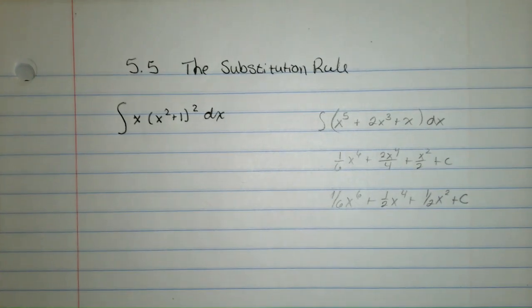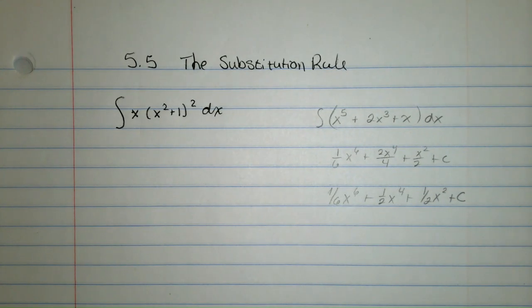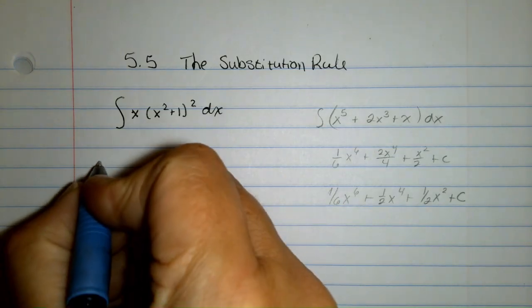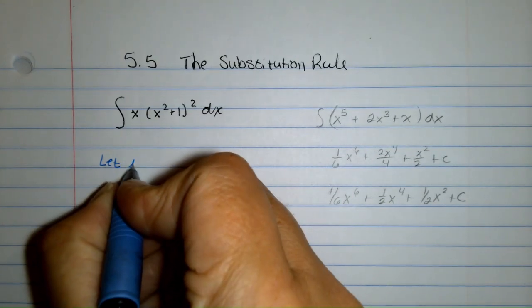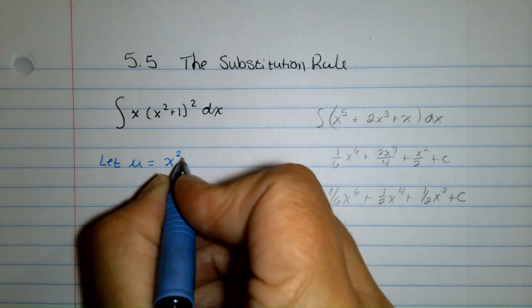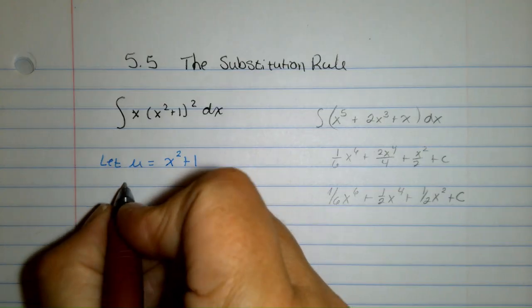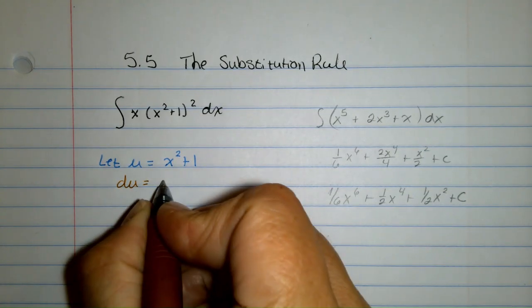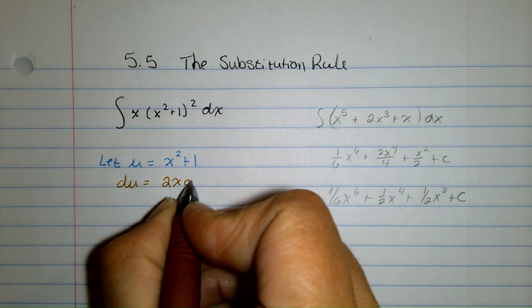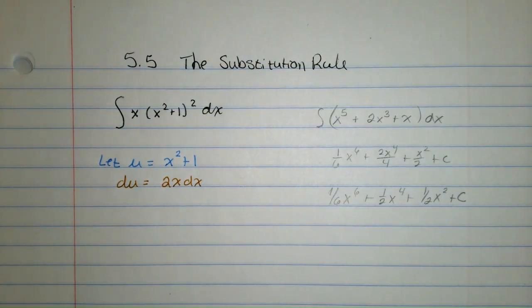So what the substitution rule says is, all right, we're going to change the variable. And they normally use u. So we're going to let u equal x squared plus 1. And therefore, because u is that, the derivative of u is 2x dx. So see, I'm using that implicit differentiation. Okay, now